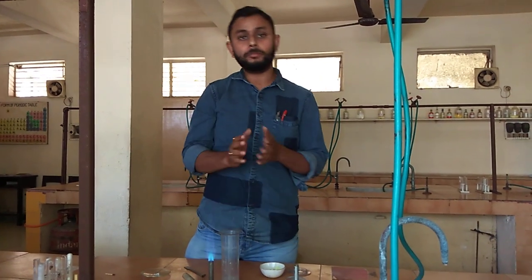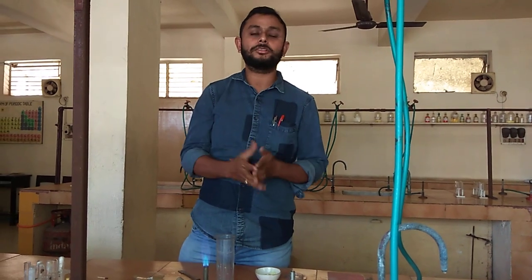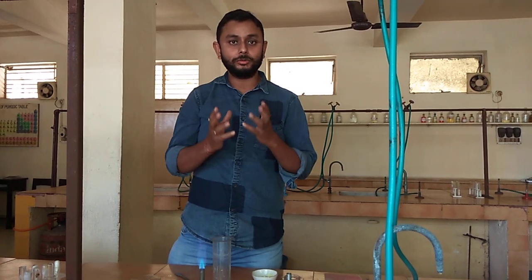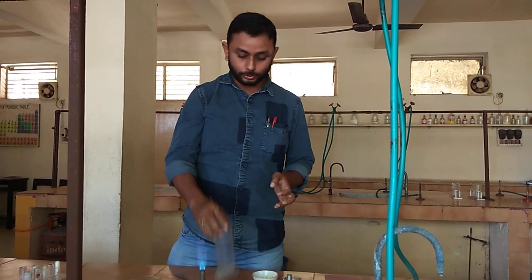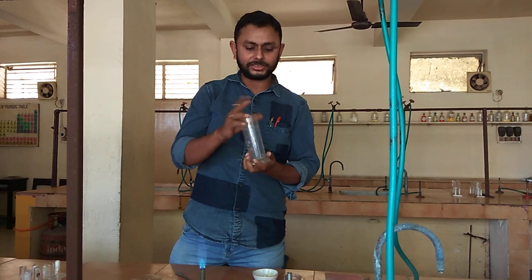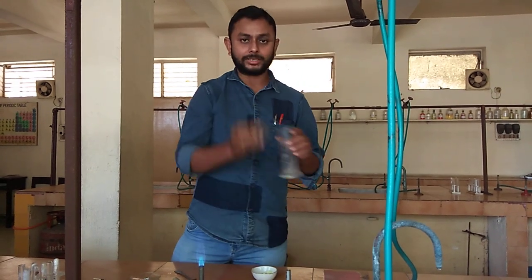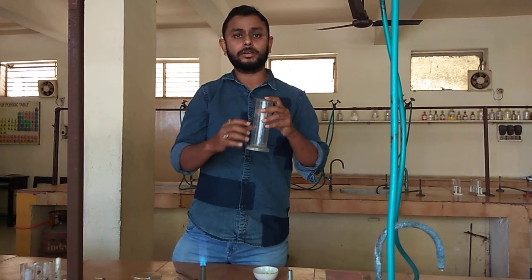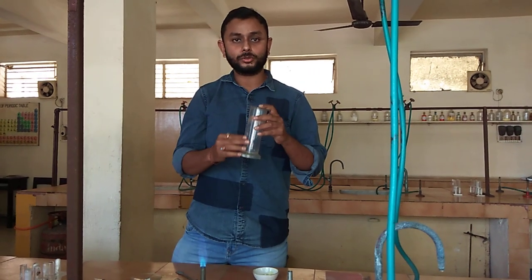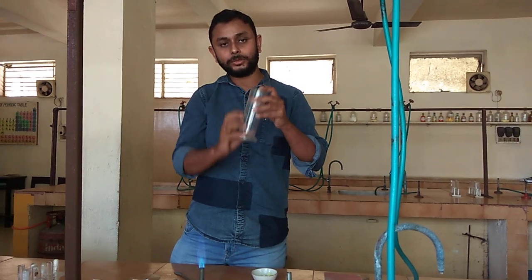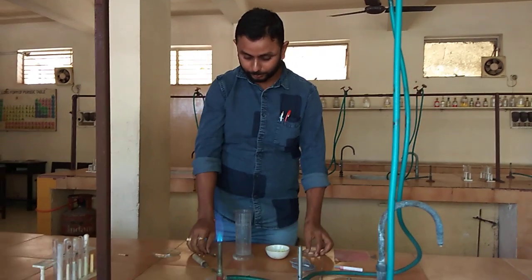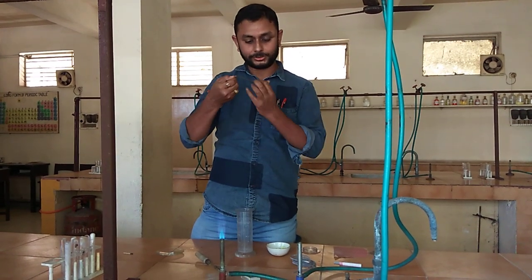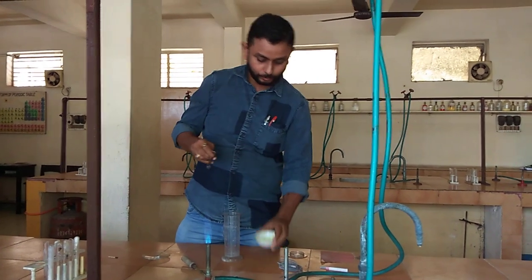The problem with non-metallic oxides is that most of them are gaseous oxides. They are in a gaseous state, so you have to trap that gas. So we will take a gas jar. A gas jar is nothing but a cylinder with a cap over it. Inside this, we will allow the burning of the non-metal to take place so that the gas can be trapped in this jar. For that we take a spoon and bend it slightly so that we can place it in the jar, and we are taking sulfur.